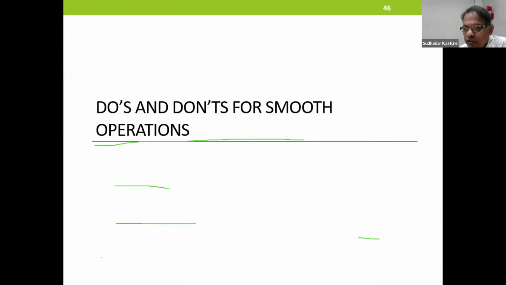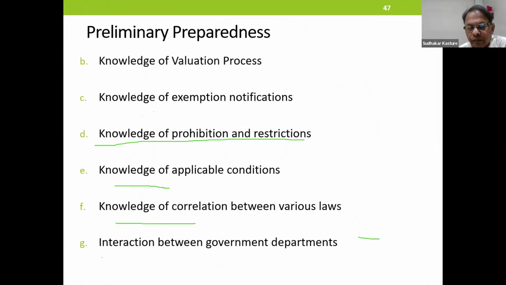Now let us come to do's and don'ts for smooth operations. Practical guide per se. Preliminary preparedness. You must have knowledge of the valuation process, critically important. You must have knowledge of exemption notifications, critically important. Knowledge of prohibitions and restrictions.